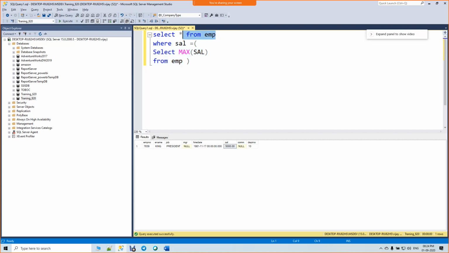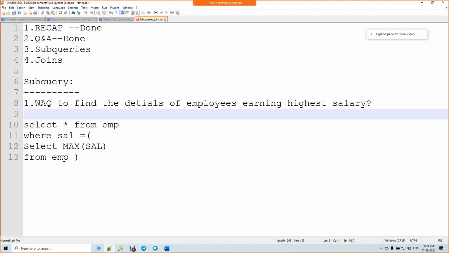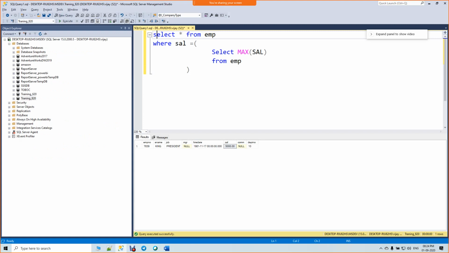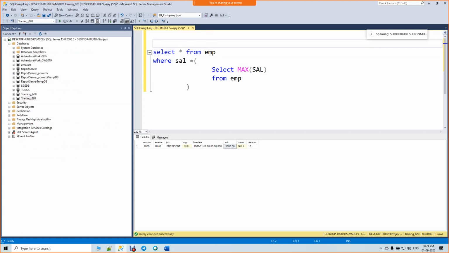Basically, this is the outer query, this is the inner query. The outer query result depends upon the inner query result. The first one, max salary, is another query, and we are trying to link them together. So my requirement is: write a query to find the details of employees earning highest salary, and when I say details, I need the entire details.